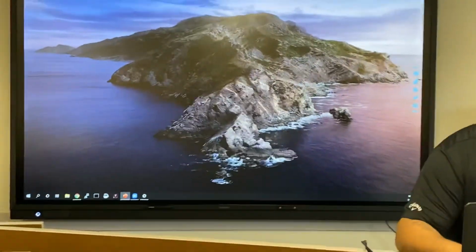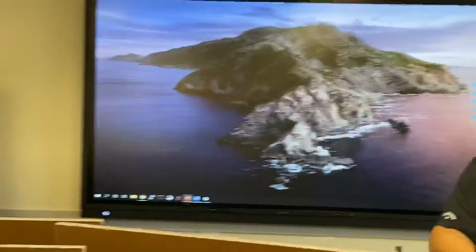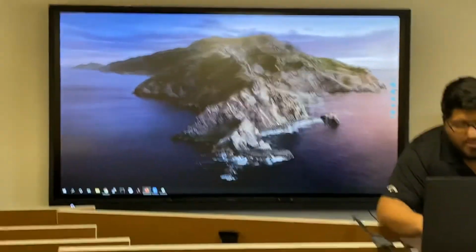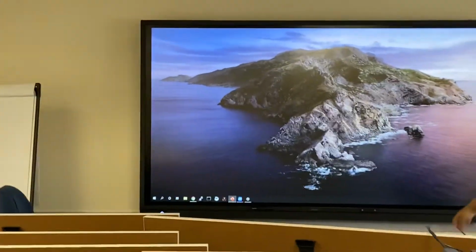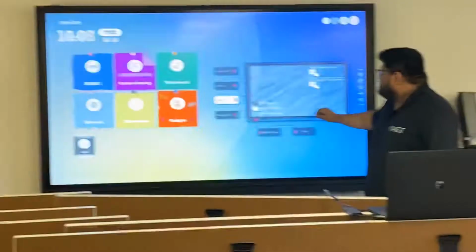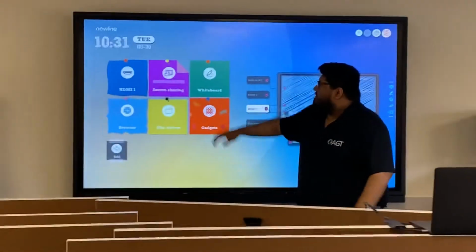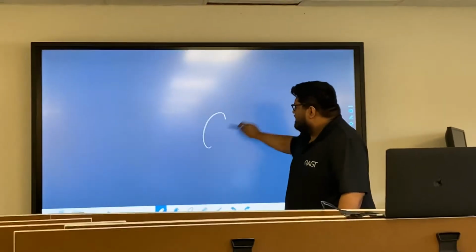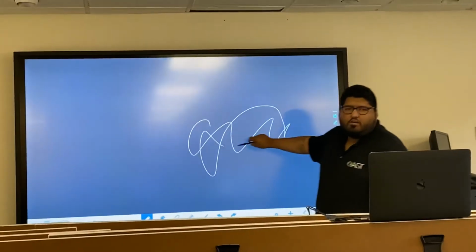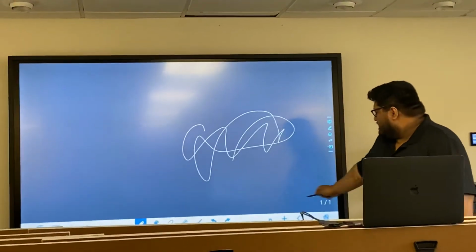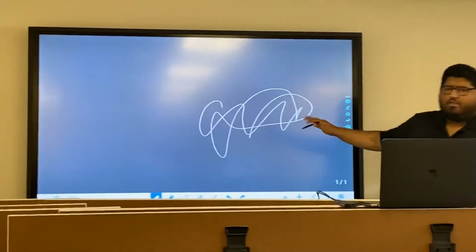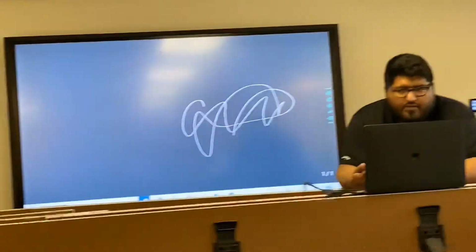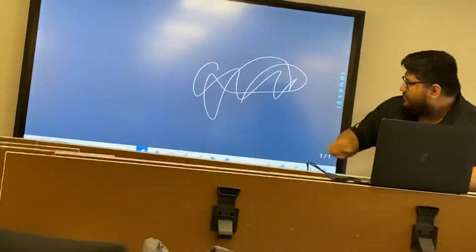But that's one way, to actually use the draw function within the PowerPoint, right? The second way is actually on the screen itself. Go back to home, and go to whiteboard. Then when you actually draw on the whiteboard, you can just save it locally to the whiteboard and then email that to yourself because it's on the Wi-Fi, right? So when you go through,